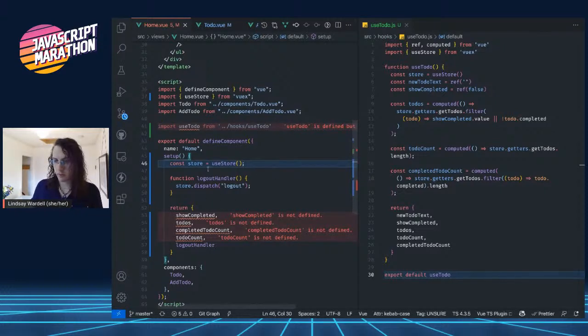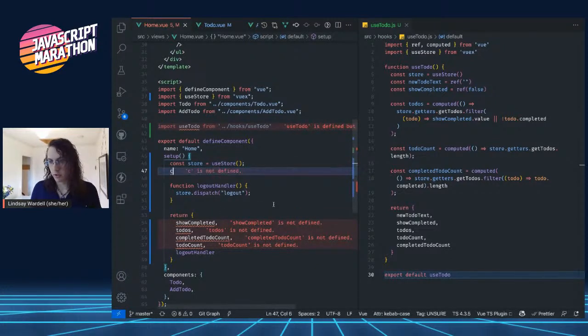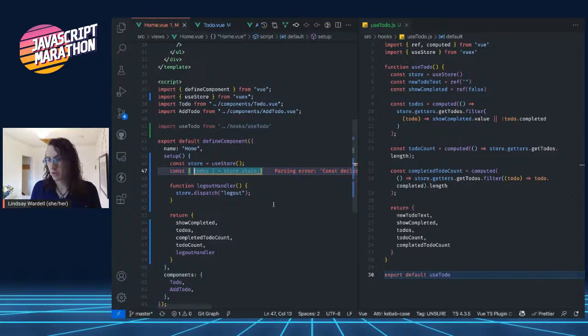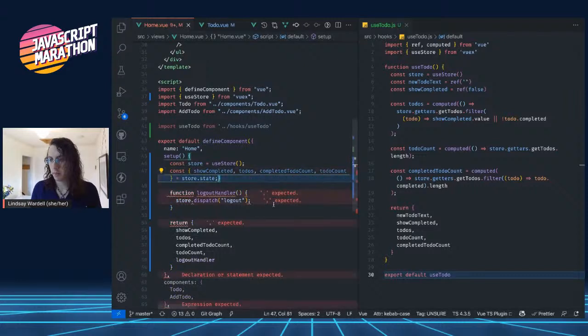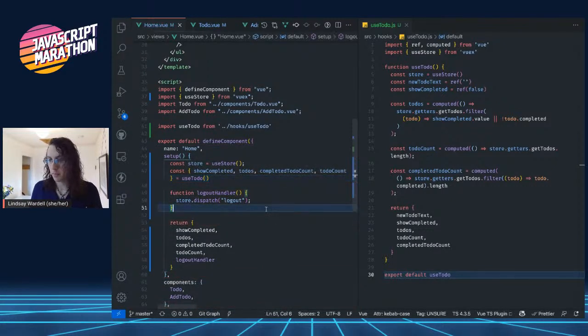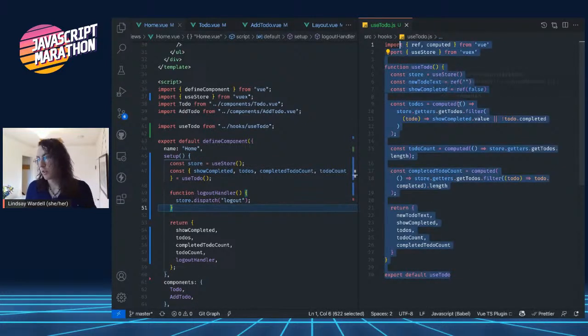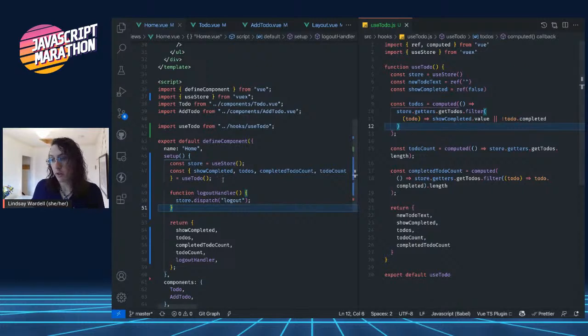So instead of all of the logic living in here, we can just do const, see what we need: showCompletedTodos, completedTodoCount, and todoCount, not from store.state. We're going to go from useTodo. And there we go. So now our logic is living outside of our view component. We have extracted that, and we're just importing it just like you would with a mixin and using it within